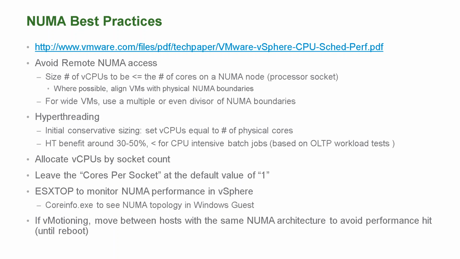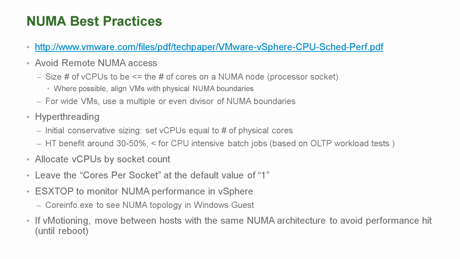Now, if you change it to something that doesn't really reflect what you have at the physical hardware, we are not going to question you. We're going to honor your design, we're going to honor your choices, and we're going to say, well, you know best. We say allocate CPUs by socket. If you want to give a VM 32 CPUs, give it 32 sockets. If you want to give it 64, give it 64 sockets, and just leave the cores per socket at 1,